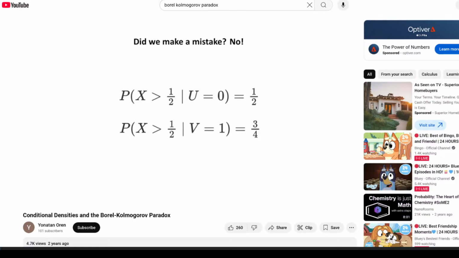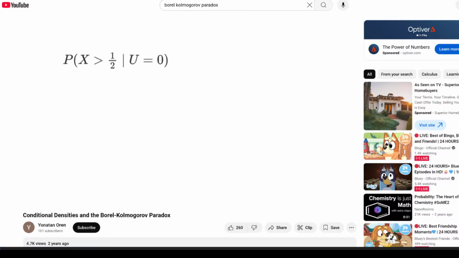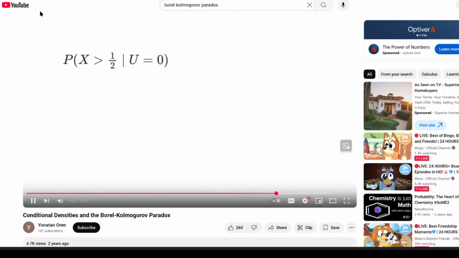No, it turns out that both of these answers are completely correct, and are actually a consequence of our definition of conditional densities. Recall that when we condition on the event that u is equal to 0,